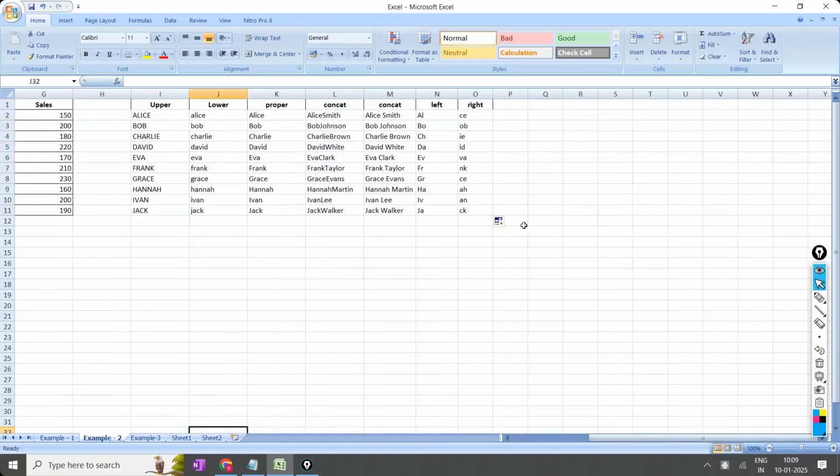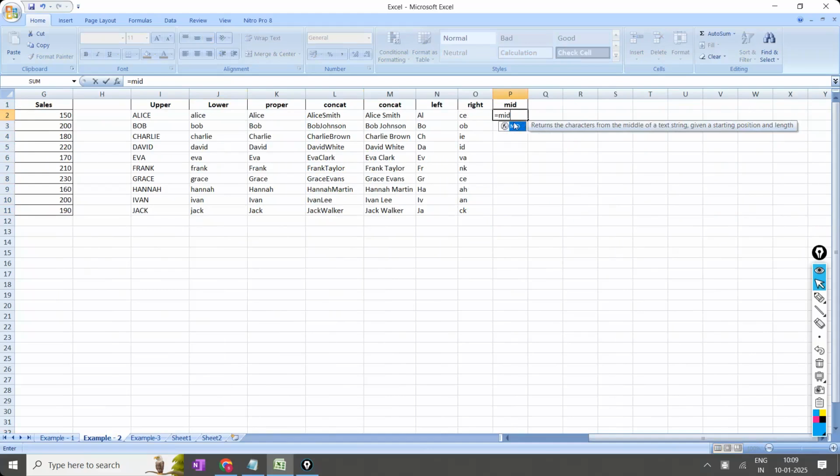Next one is called mid. Next function name is mid. Now again, I'm using the function called mid. Now I have not used the bracket. Since I have not used the bracket, still it is showing the return. What it is going to return means, what is the use of the function. The moment you use the bracket, you see the arguments. Now it returns the characters from the middle of the text string